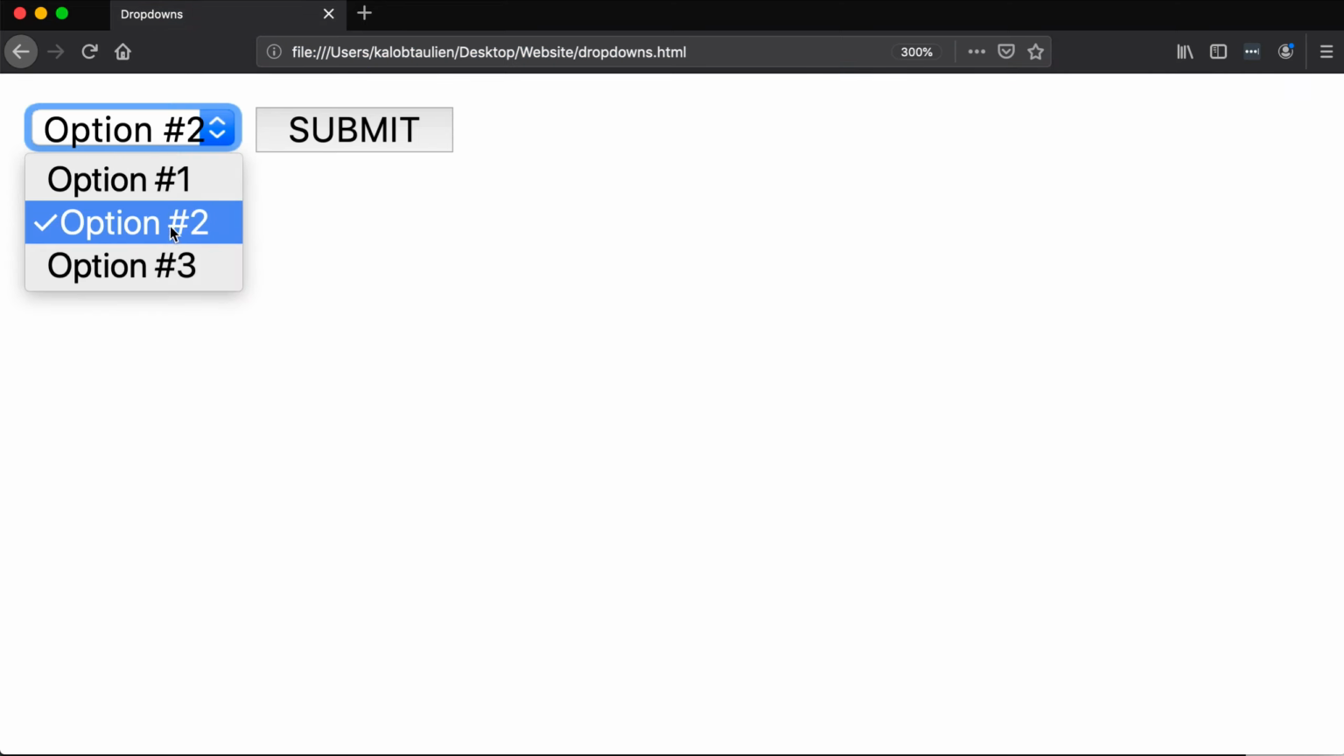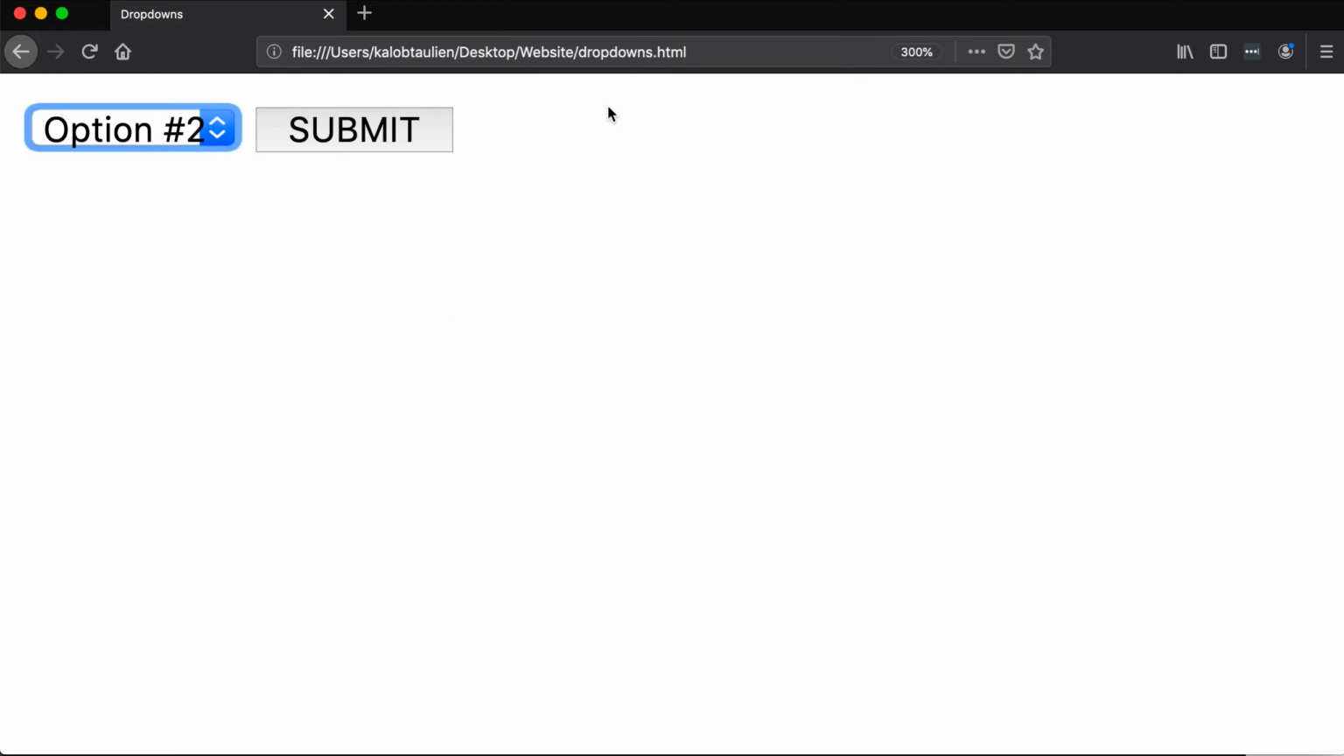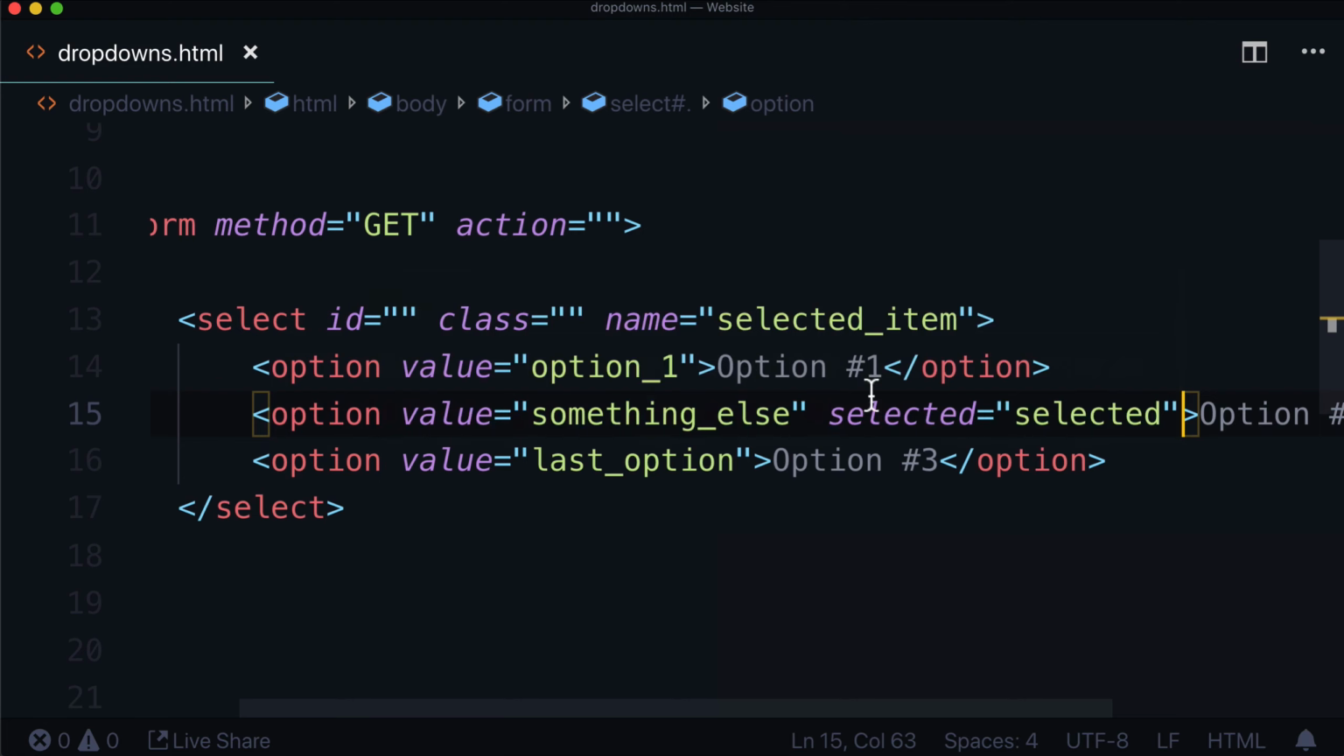And when I refresh, option number 2 is selected. Occasionally, the refresh actually is going to cache whatever you had selected before. So sometimes you have to come up to your URL bar and just hit enter again, and it should refresh for you. Now don't add selected is equal to selected on multiple items, because what happens if we put it